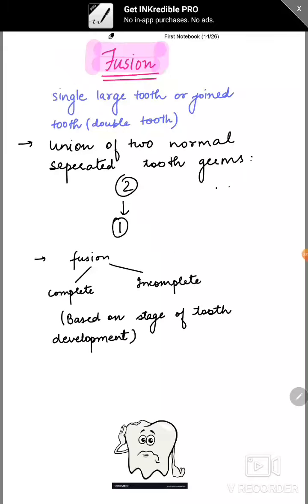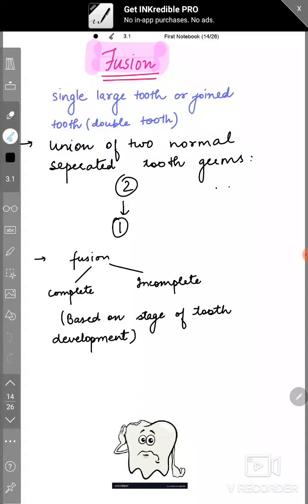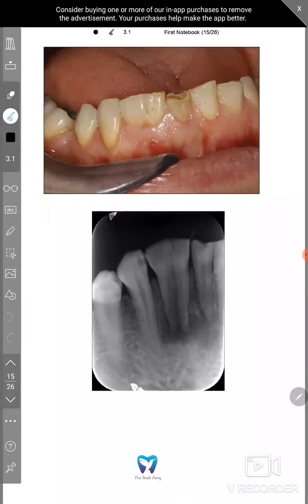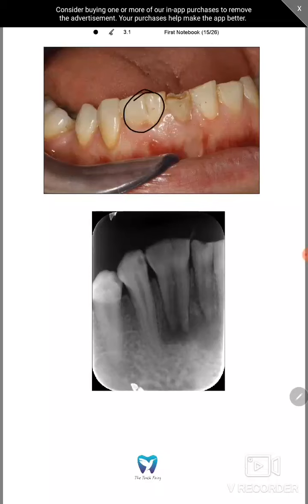Okay, topic is fusion. Fusion means that a single large tooth is there. This is the union of two normal separated tooth germs. Two tooth germs will form a single large tooth. Fusion can be complete or incomplete based on the stage of tooth development. You can see the fusion here, and we have